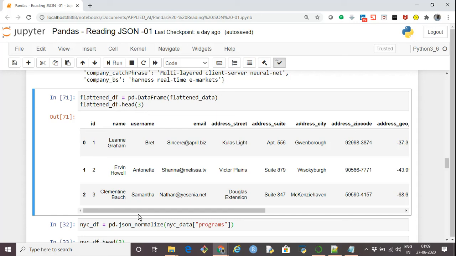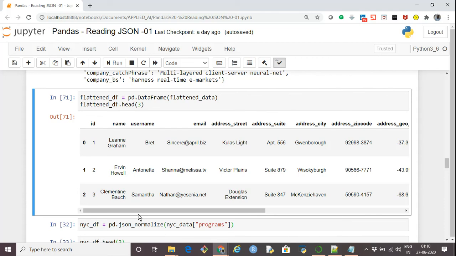This function is capable of going through multiple nesting levels and flattening everything out. The only thing we will notice is that the number of columns will increase, because for each hierarchy we are creating a new column.